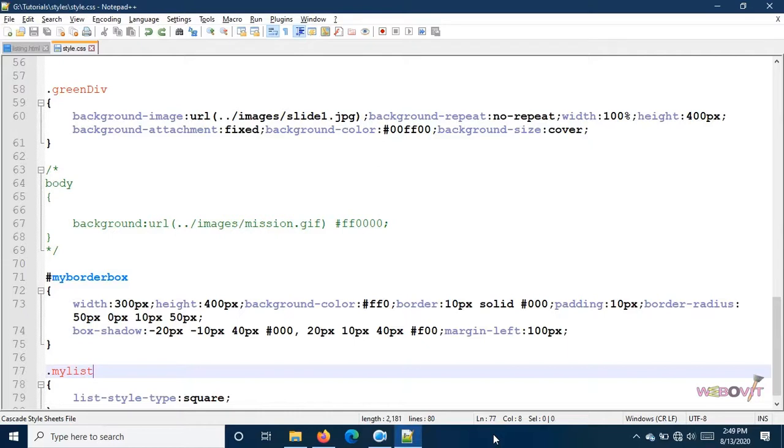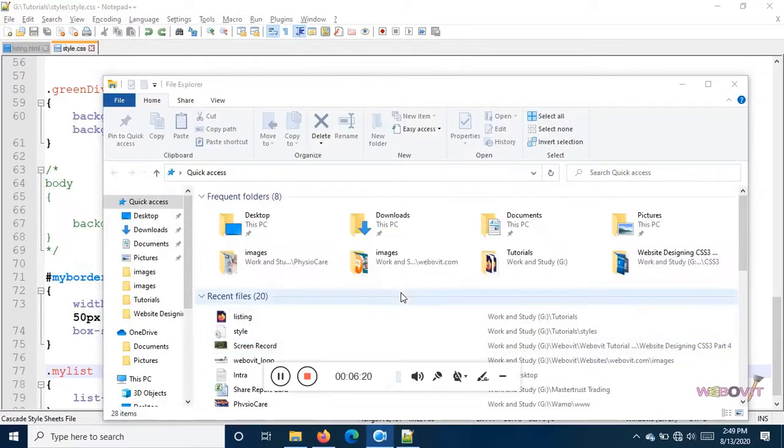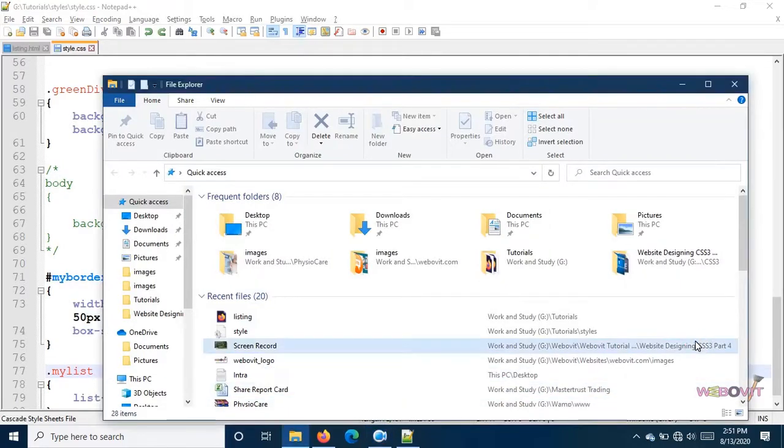But suppose you want all the unordered lists to be identical, with the same style, then in that case we will give styles directly to the list. How will we do this?